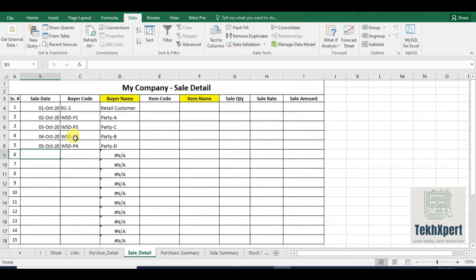But in Excel everything is recorded in a tabular format, so you have to enter everything you need. Now we have given the buyer code, buyer name, and now we will go to the item code.